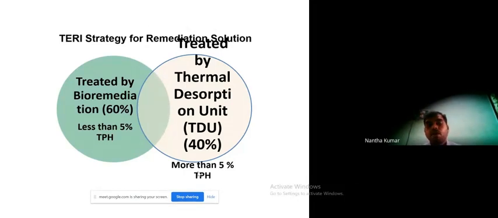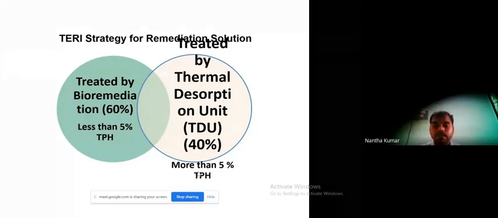After characterization, the contaminated material is segregated based on its total petroleum hydrocarbon, TPH, content, for bioremediation or the thermal desorption unit, within that direct and indirect thermal desorption. According to the characteristics of the pollutant, it is characterized and segregated at the site.